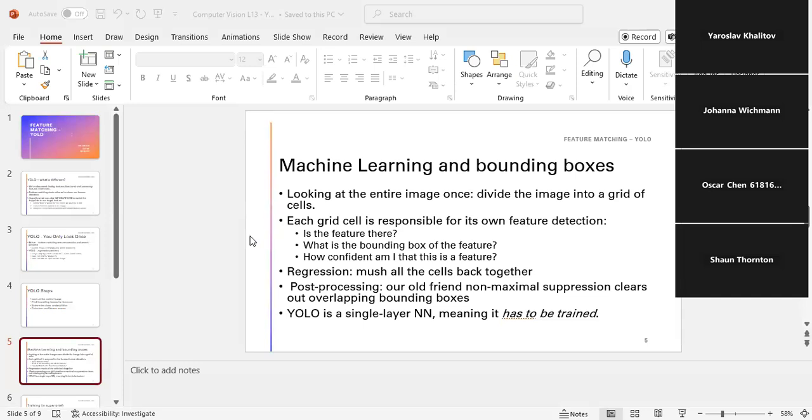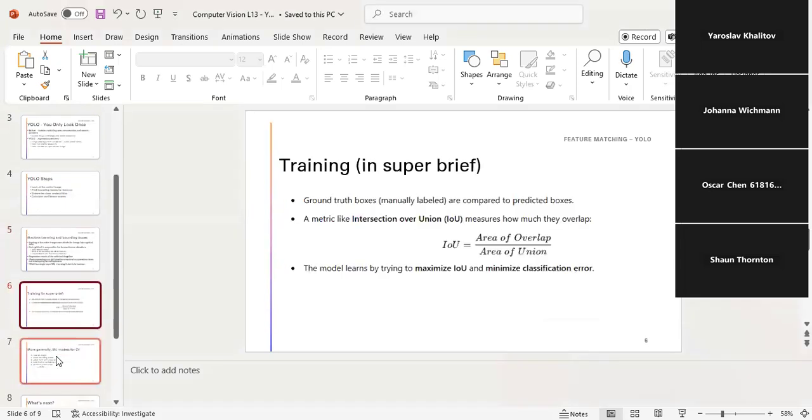So, what we have to do before we can use YOLO or any machine learning algorithm that is not an unsupervised algorithm. And just because you probably have heard these words a lot before, unsupervised is just you turn on the algorithm and it finds stuff. A supervised neural network means you have trained it before using it, and YOLO is a supervised algorithm